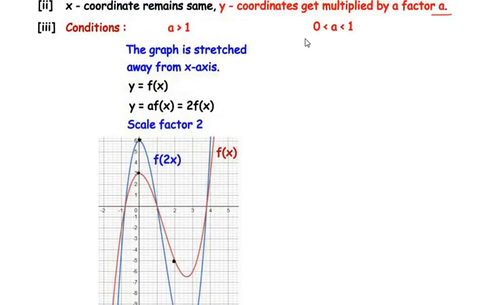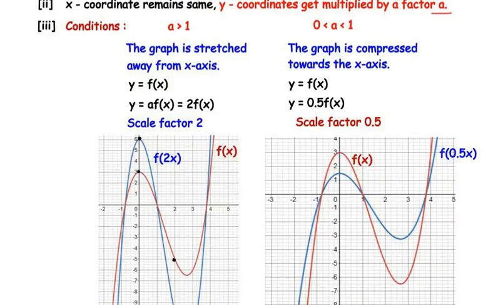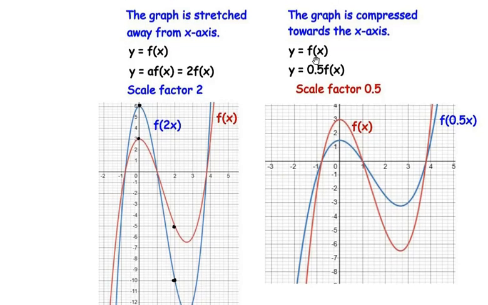Now let us understand what happens when the value of a is in between 0 and 1. When the value of a is in between 0 and 1, the graph is compressed towards the x-axis. Here we have considered the parent function y is equal to f of x. The red colored graph represents the parent function f of x, and we have considered the value of a in between 0 and 1, that is 0.5. So when y is equal to 0.5 f of x, that is a scale factor of 0.5, we know that